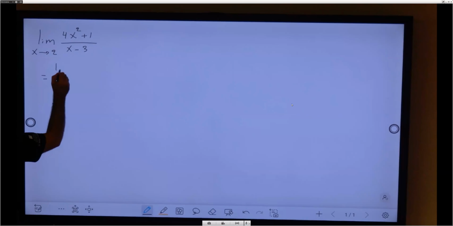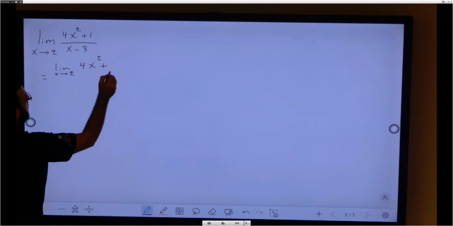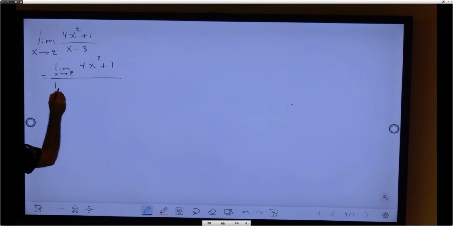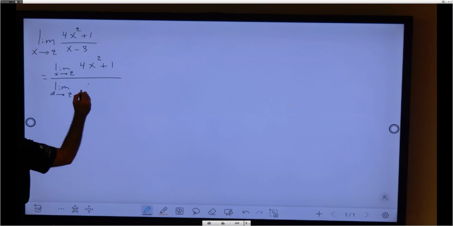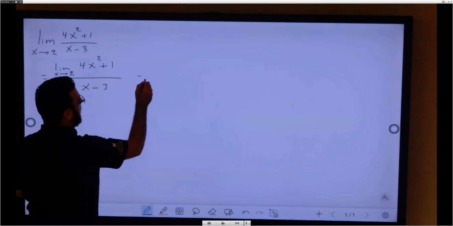like finding the limit as x approaches 2 of x squared plus 1, divided by the limit as x approaches 2 of x minus 3. So just like the first time writing. Find the limit for the top and find the limit for the bottom, right? So the top, is that polynomial? Yes. That means we're just going to plug in